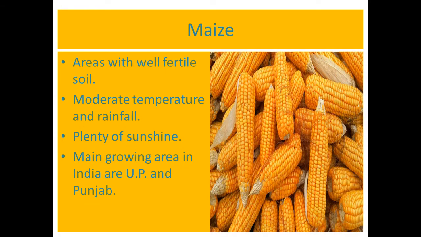Maize. It is originated in Central America. Maize or corn is an important food crop for humans and animals too. Several varieties of maize are grown the world over. The temperature needed for the growth of maize is between 21 degrees Celsius to 27 degrees Celsius with warm summers